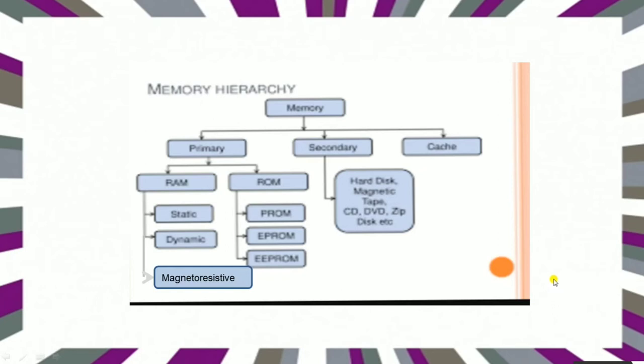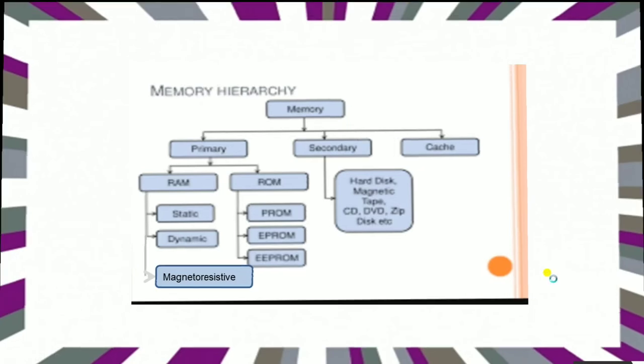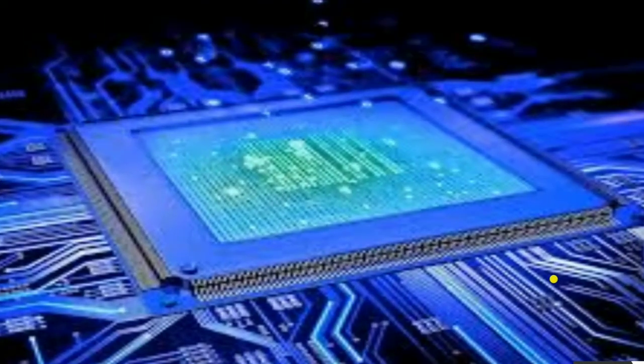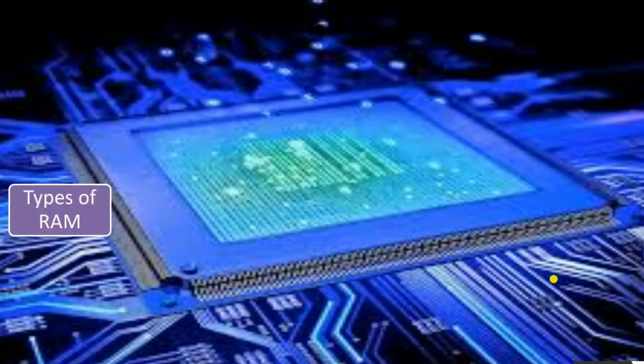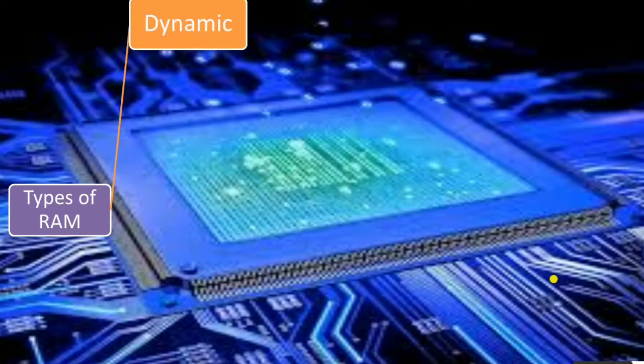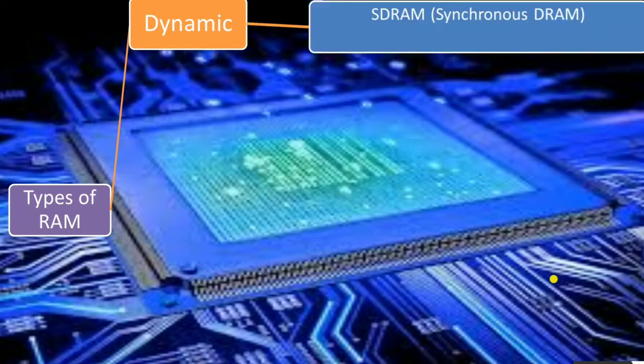So now let's learn something in detail about RAM. See, RAM is volatile in nature. Volatile in nature means it loses its content when you switch off your computer system or power supply is off. Basically there are three types of RAM, as you can see here. First one is the DRAM, dynamic random access memory, and this dynamic random access memory is inexpensive, very common and popular RAM, and all variants of it are faster than the previous one.